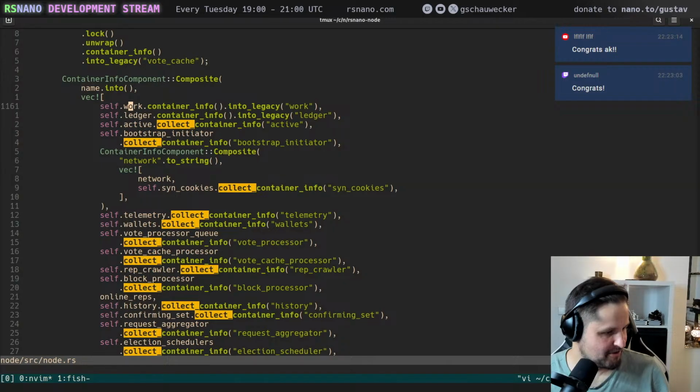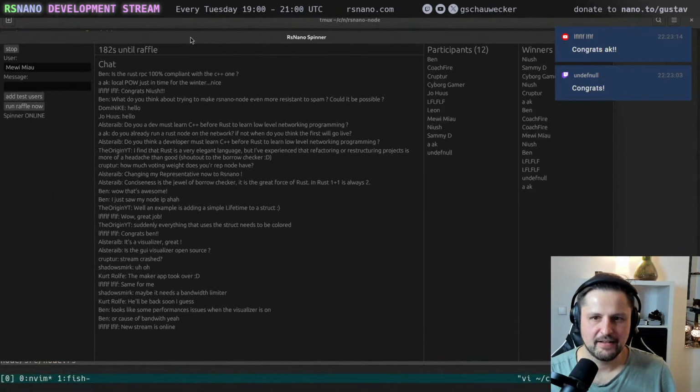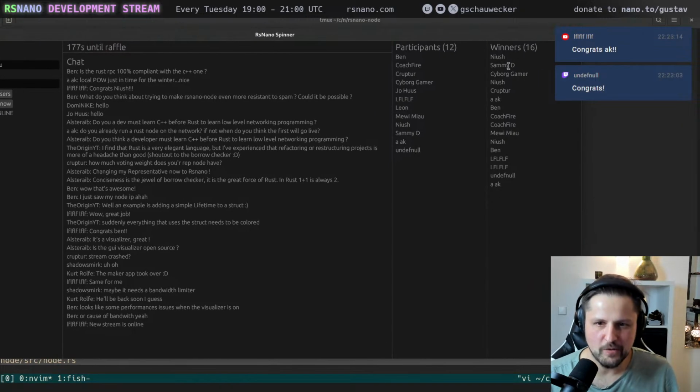Congratulations, AAK, you just won. I'm still short. We have to do the 50-50. Let me see who won more. I think I can see this here in the Raffle app. There's this winners column. LFLF made two wins, and Of now made one. Coach Fire twice.